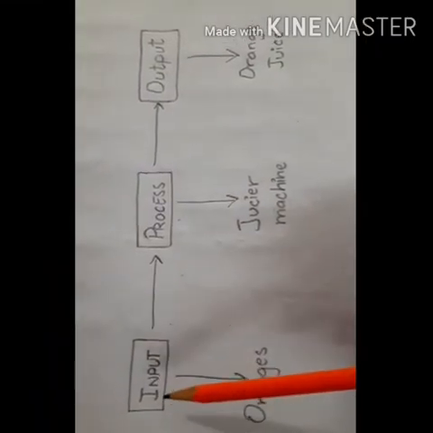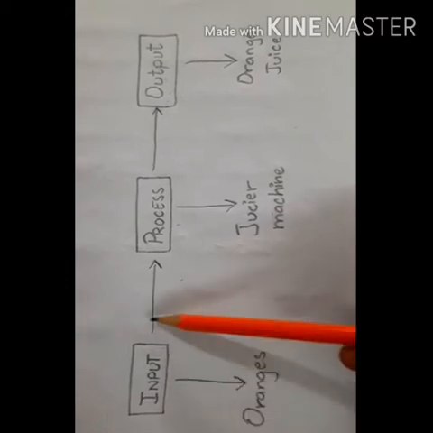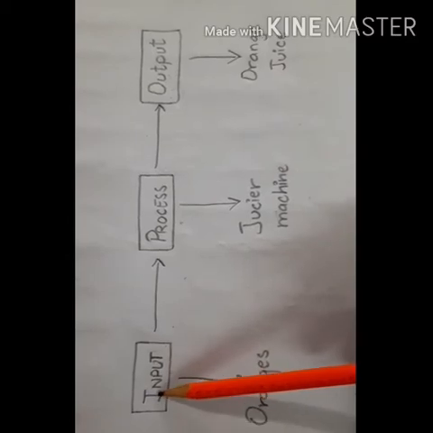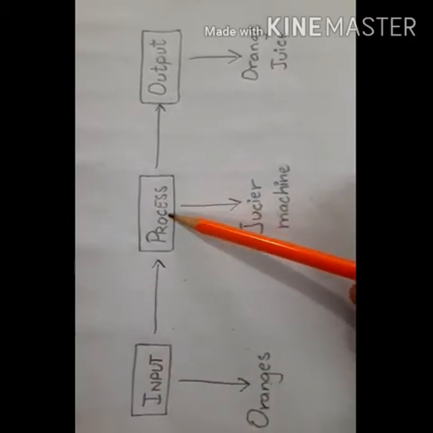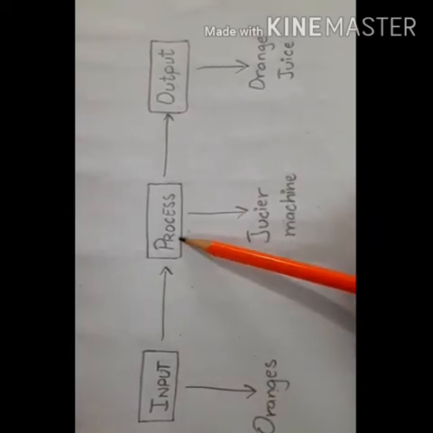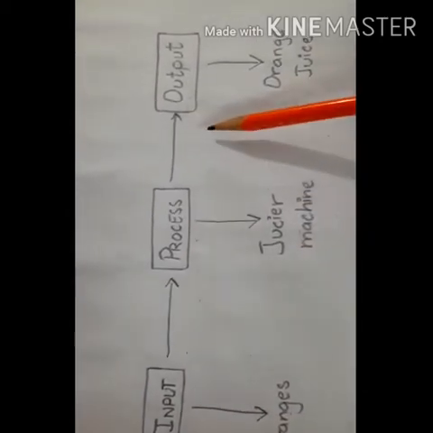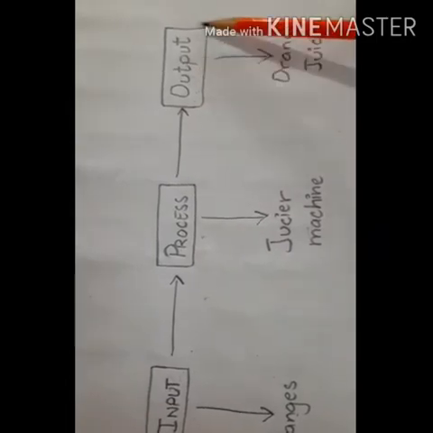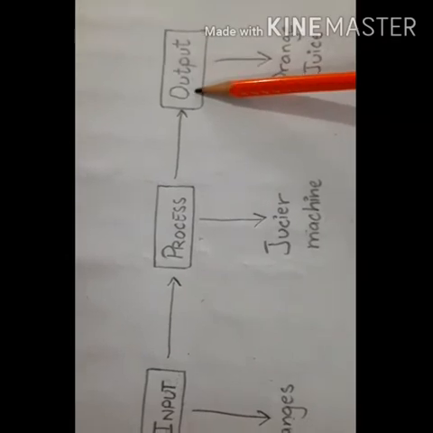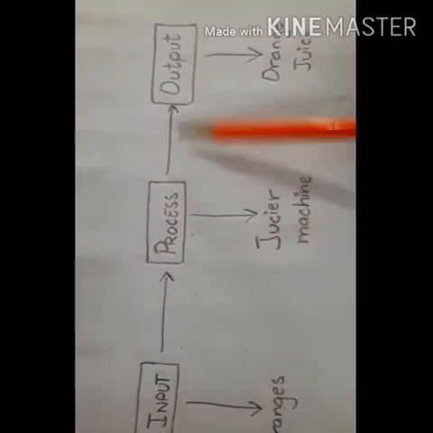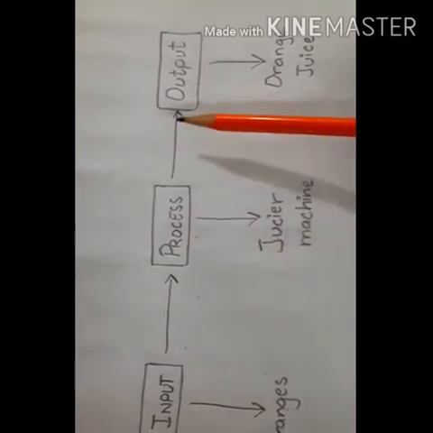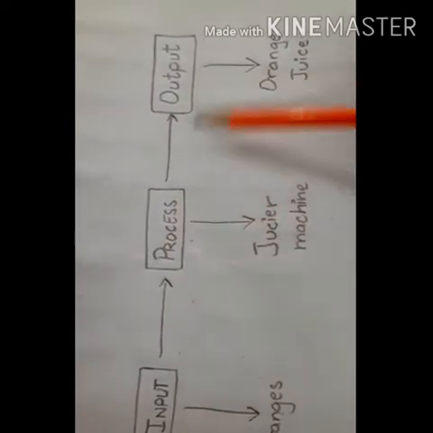Okay, now students, what you have to do to make a flow chart? Now first make the first box of input because this is our first step. Now second step is your process, so make the arrow towards the process because this is your second step. Then make the second arrow towards the output because this is our last step, that is the third step of output. You have to make 3 steps like this. These are the main basic processes of the computer.